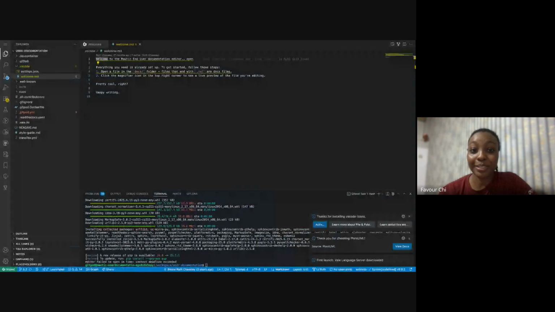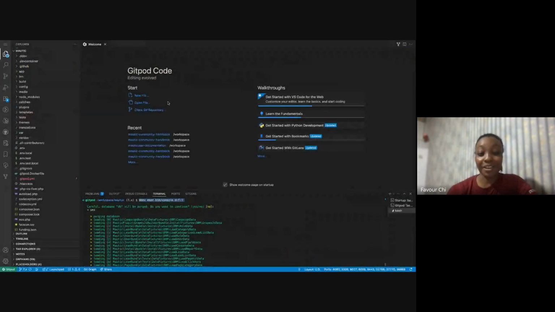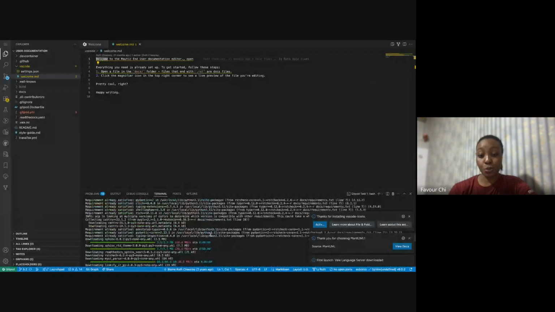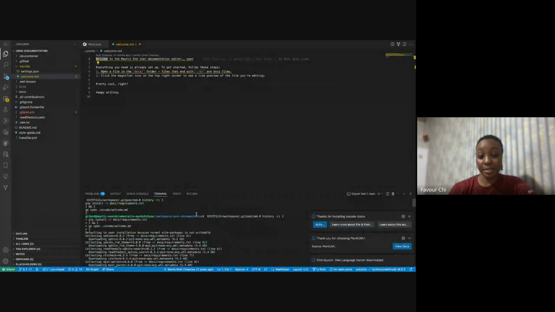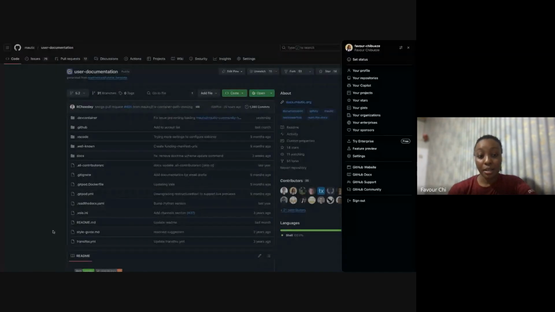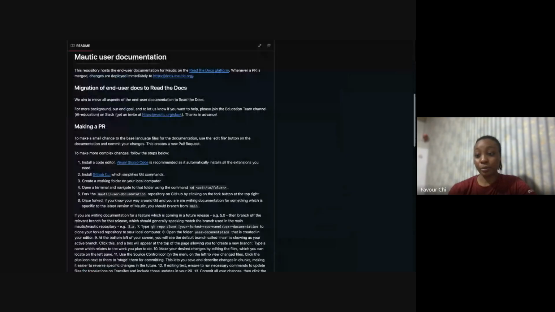Okay. Anyways, I don't have the time to start running the project again since I already have this open, because it takes like 5 to 10 minutes for it to run all the dependencies and install everything you need for the project. So for our documentation, we make use of RST, which is reStructuredText syntax,